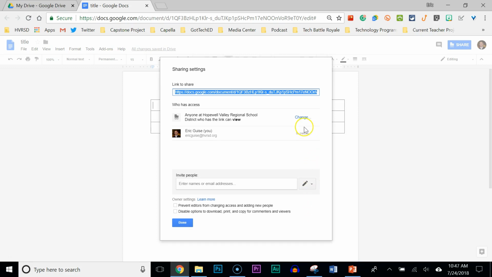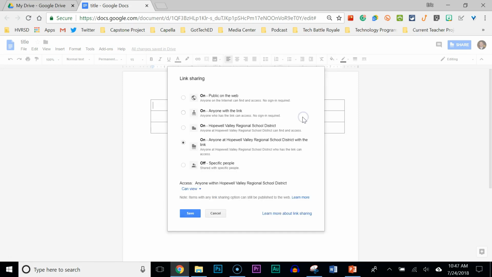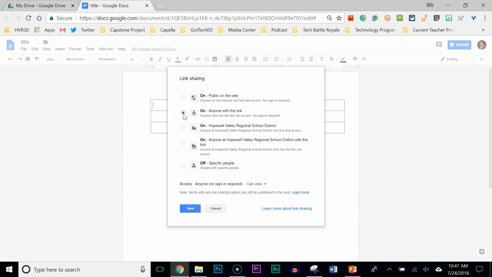You can hit the down arrow. For the advanced settings, you could go to change, and this is going to give us a couple more options. So this one is just saying that no one can see it. The links aren't live. I don't want to share it with anyone right now. These two are saying that inside the HVRSD district server, anyone with a link can see it, or anyone just inside the server can see it. And then the last two are more on the web or outside of the HVRSD server. So this one states that anyone with a link has access to this document, even if they do not have